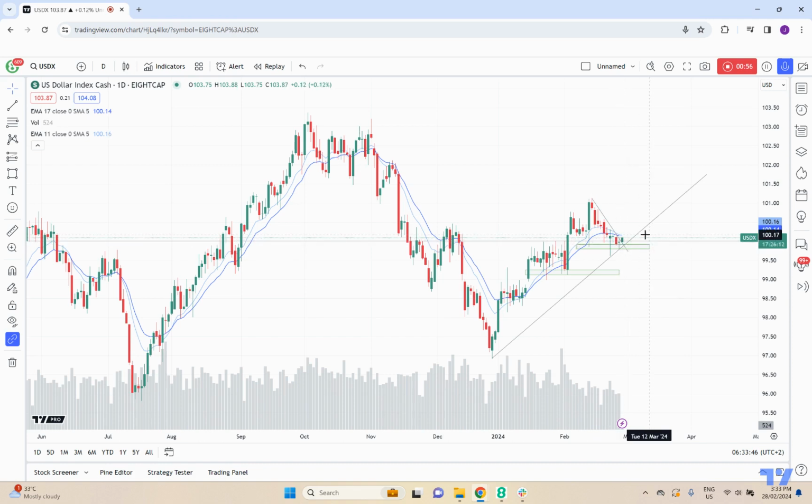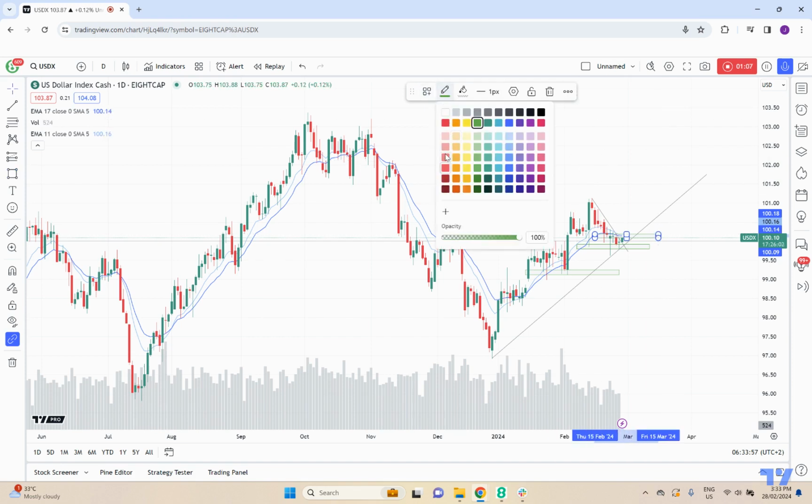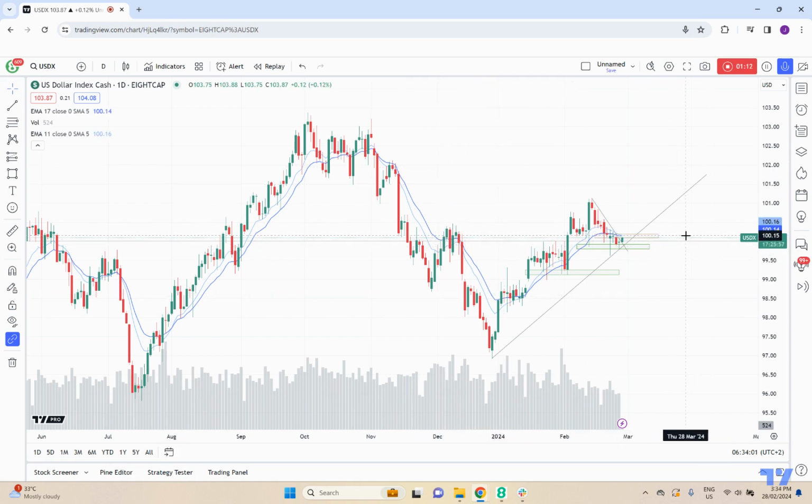Now, there is some resistance at this point here. I'll just very quickly put that in. And we can just see that short-term resistance there. Buyers are just starting to force their way into it at this point today. And we'll just have that mark there. So there's a resistance at that level here. So what we're looking to see from buyers is we obviously hold this low and we break out above this